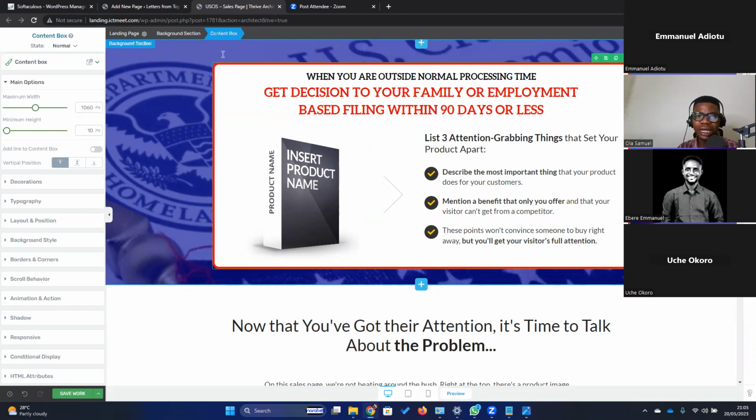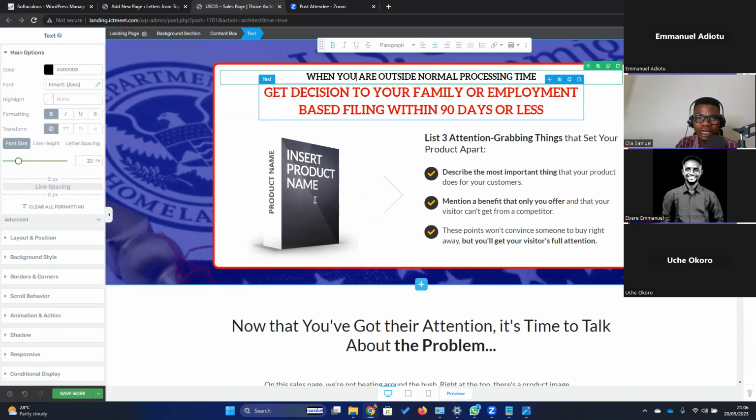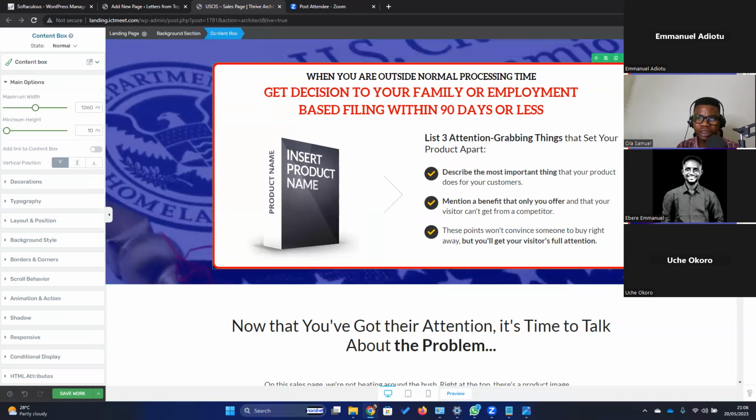Okay, if you look at the gap between this content box and the elements inside it, I mean this entire white box with the red border, and then the elements inside, the text and image, you notice that there is not enough gap between the box and the elements in it. So what I'm going to do is select this content box right here, and then I'll come